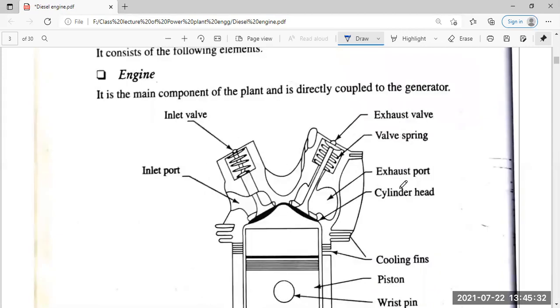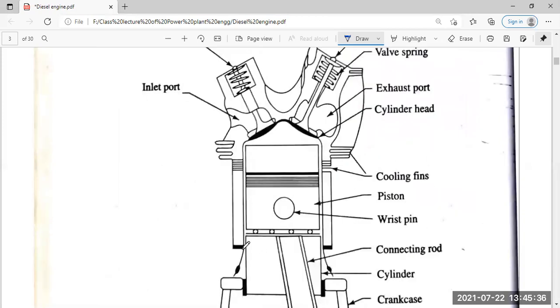What is the engine? What are the different constituents of the engine? First, this is the engine cylinder itself. From here, here, here, and this side, these are the engine cylinders. Now, this is the piston. This whole matter is the piston itself. And this is the inlet port operated by a valve.